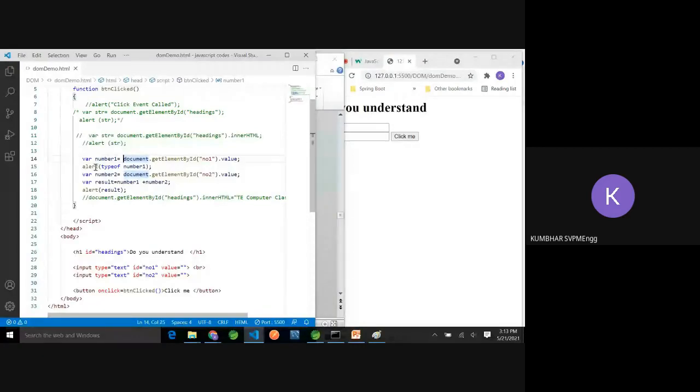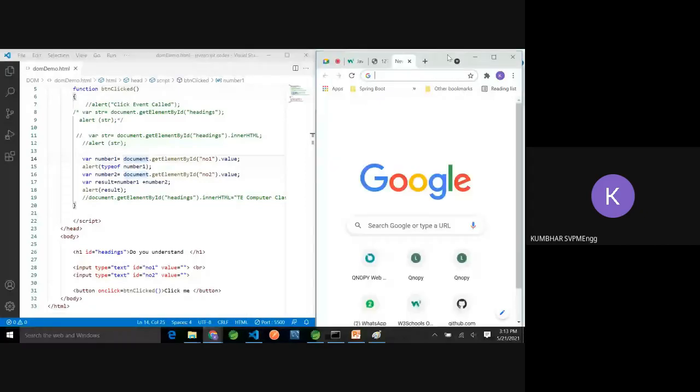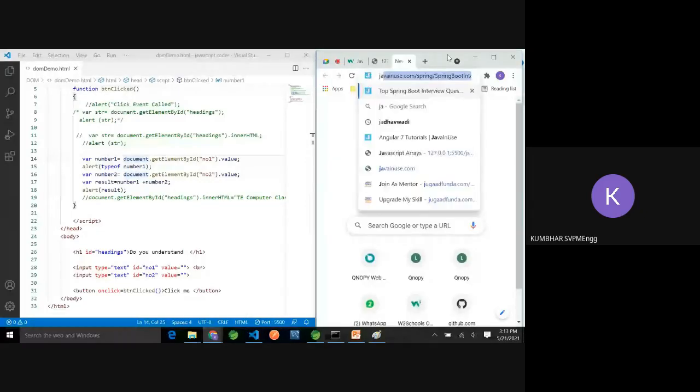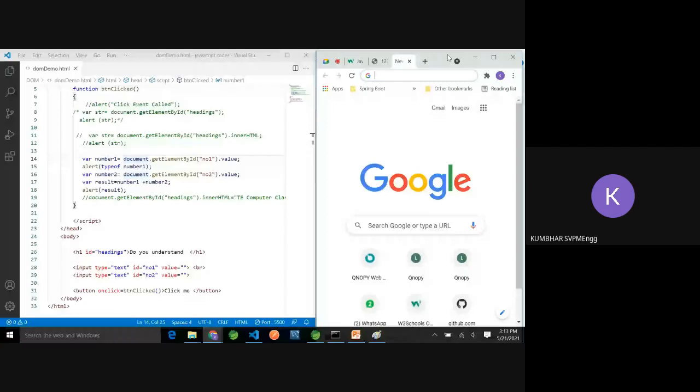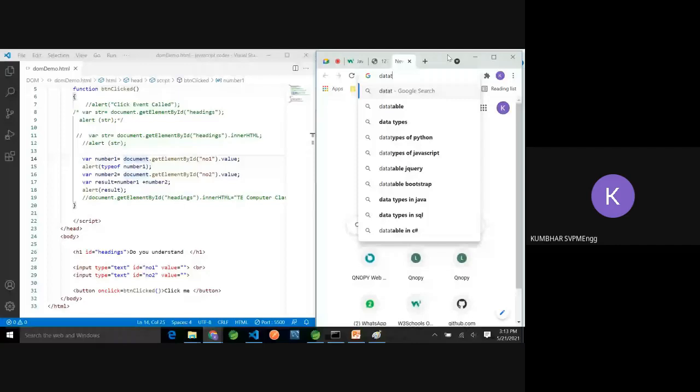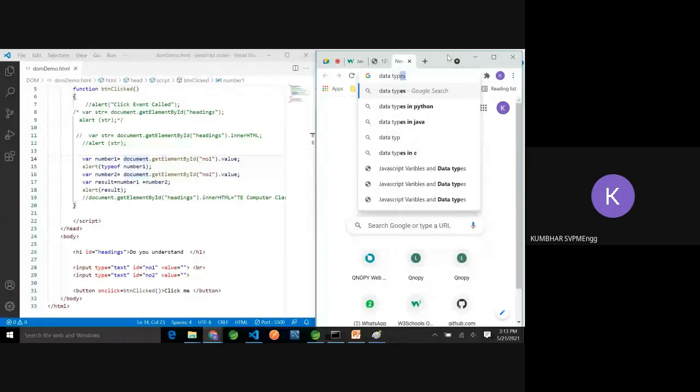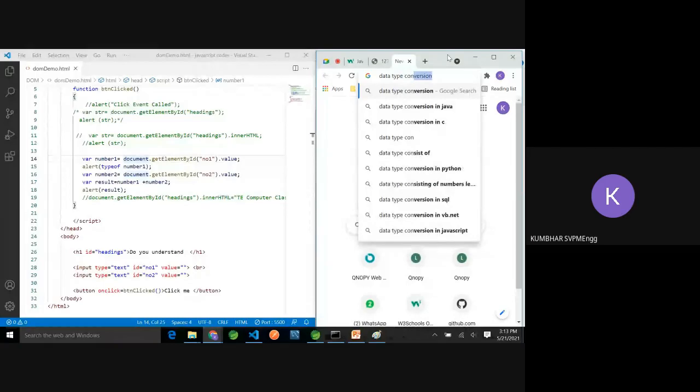So I have to search: data type conversion in JavaScript.